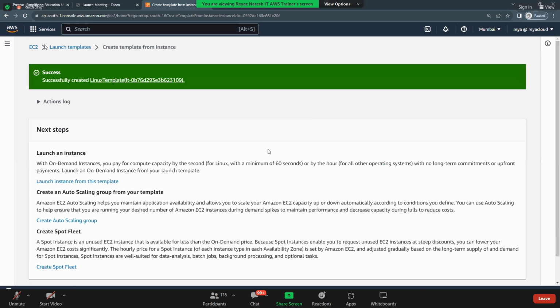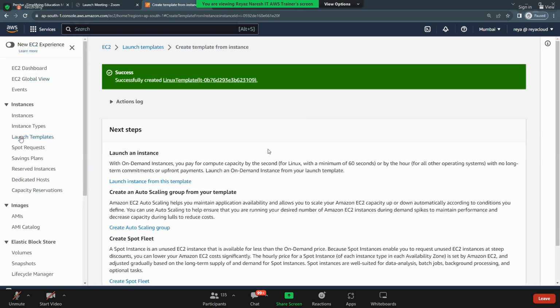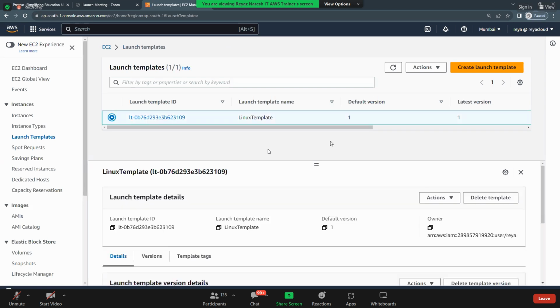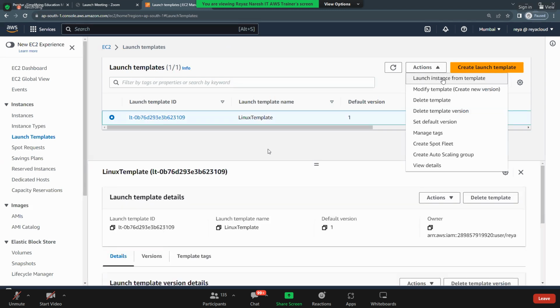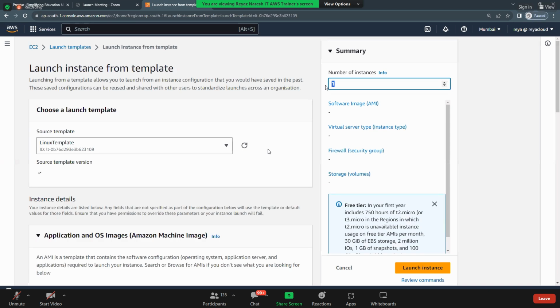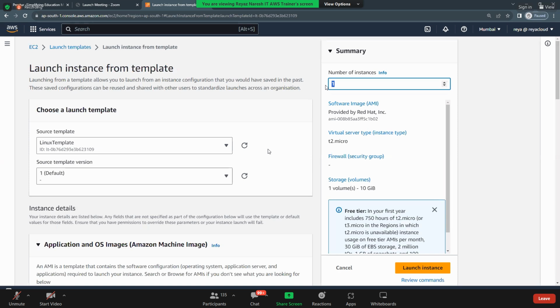Simple. Guys, launch template. On the left side, do you see launch templates? A launch template is created. And from this launch template, can I go and launch EC2 instances? Click on launch EC2 instance. How many ever you want, you can launch. With the same configuration, you can launch multiple EC2 instances. That is called a launch template. And this launch template will be used by whom?